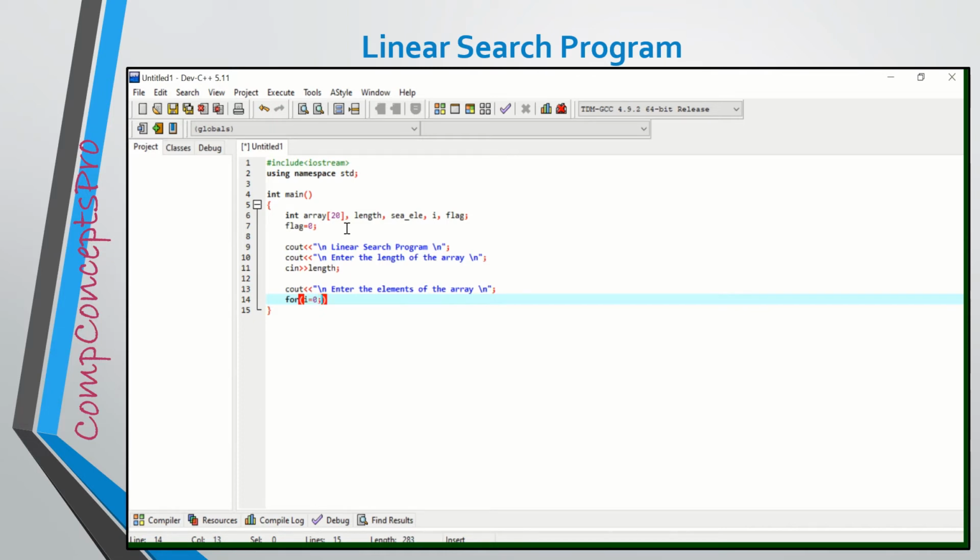For storing the actual values of the array, I have to use this for loop, which will run up to 1 less than the length of the array, because we all know that the index value of the elements of the array starts from 0. So with the help of this cin statement, all the values will be stored inside the array indexes one by one.